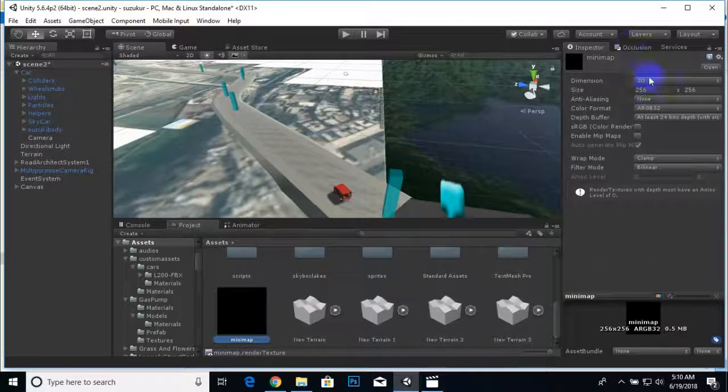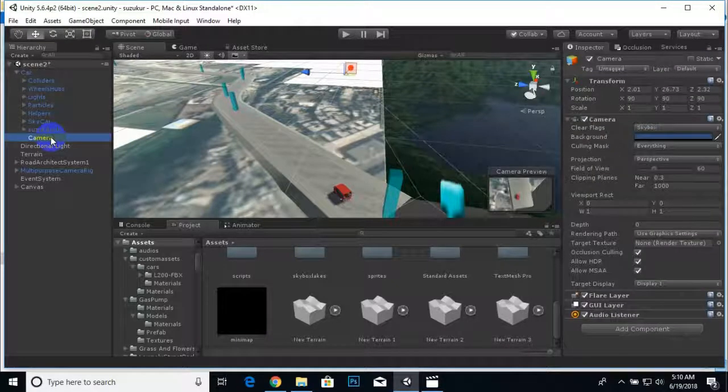Now we will not do any settings here, although we can, but we don't need it at this time. Okay, now we will go to our camera, and in the target texture section we can move this minimap here. Okay, now we added our minimap to our camera.